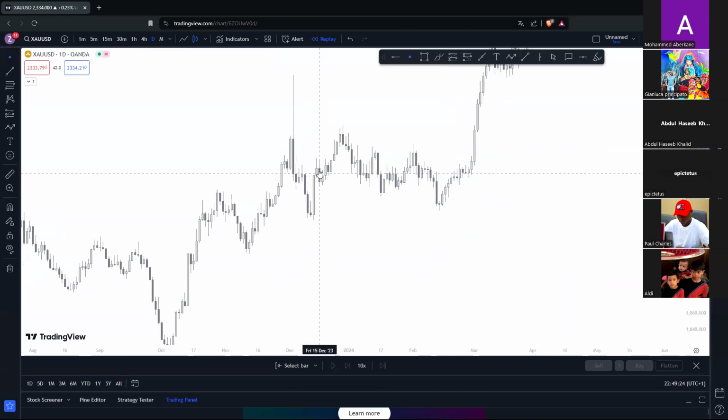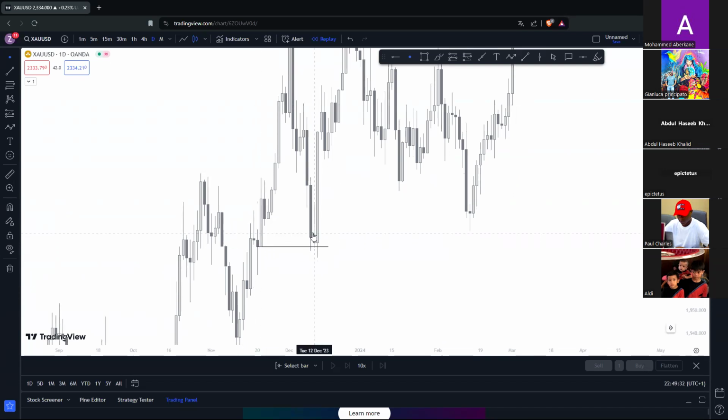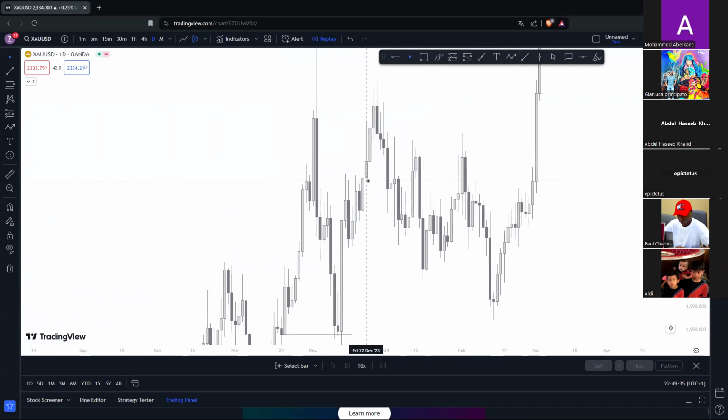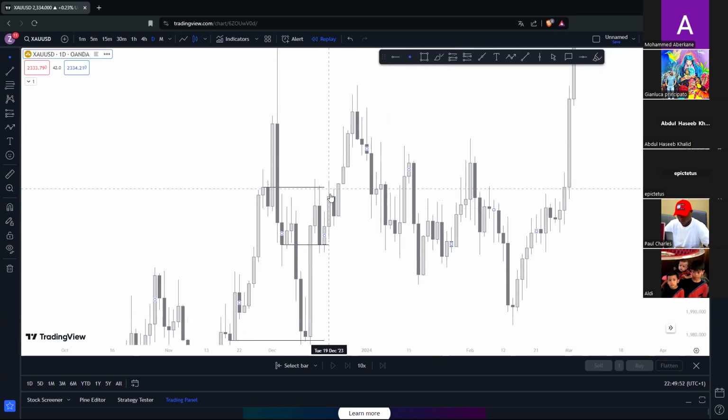So for example, this buy right here, where did this buy come from? It came from this level right here. See this fresh V level right here? It came from that. That's where we got our buy. Now, where did this short bounce of 300 pips come from? It came from this left shoulder, this QM, right? Where did this buy start from again? It started from right here, right? Where did this short sell come from? It came from a certain setup on the H4, H1 right here, okay?